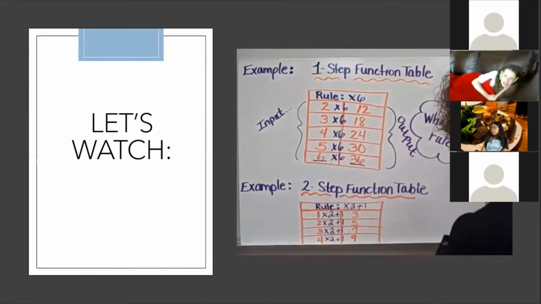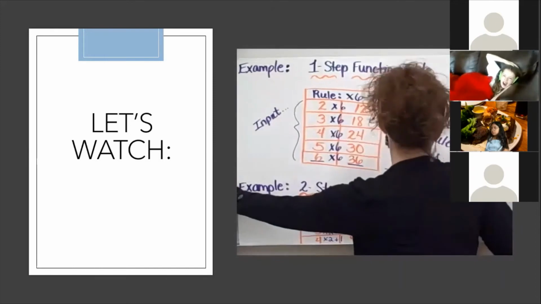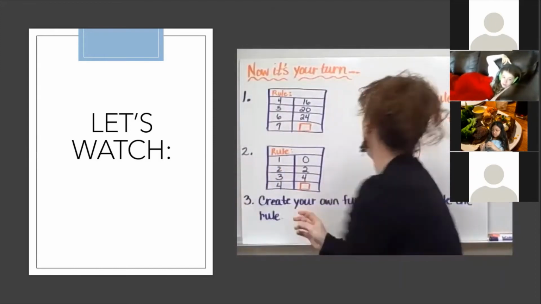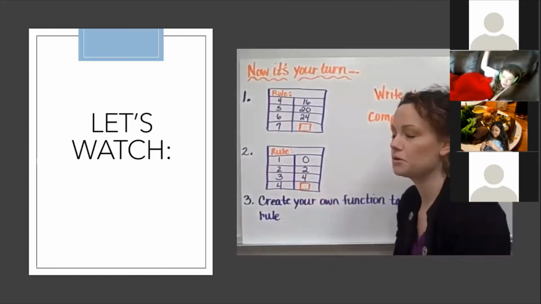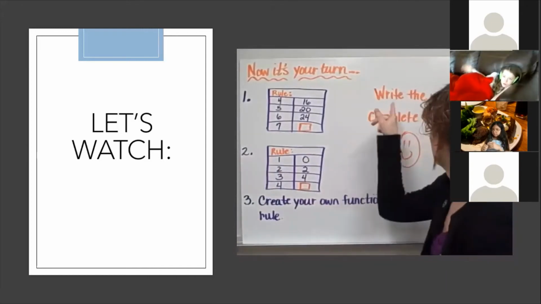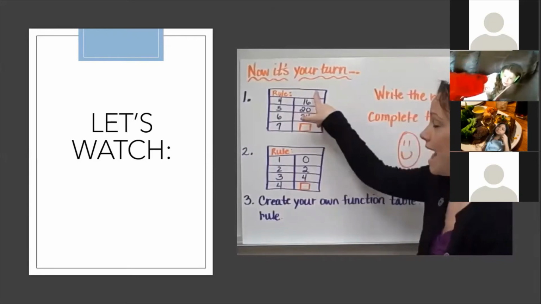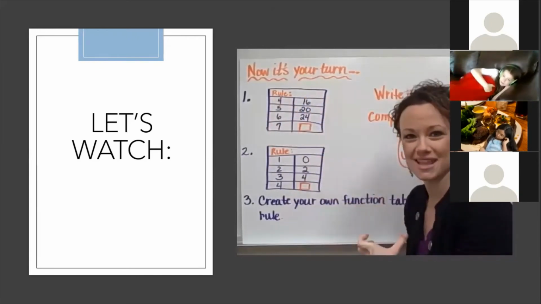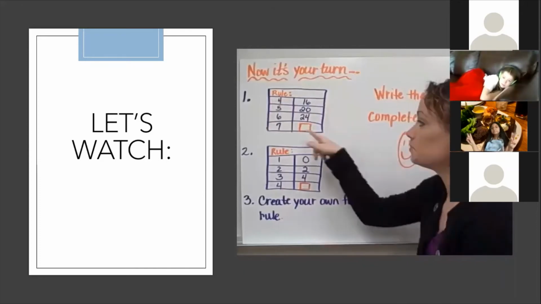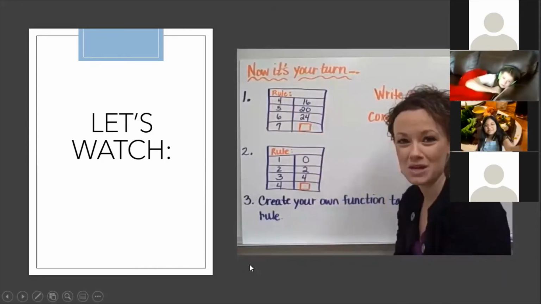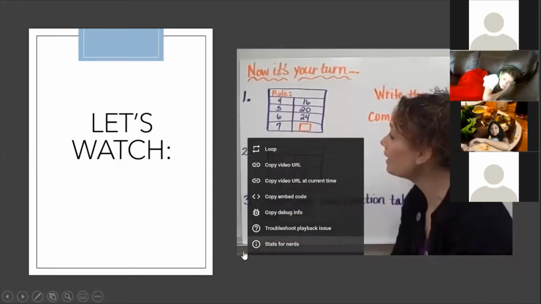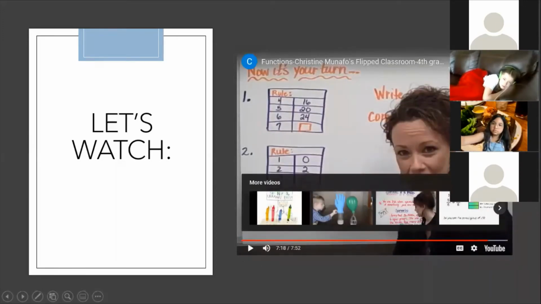All right, it's time for you to try some on your own. I have 2 tables here that I've written for you, and what I would like you to do is write the rule, so what is happening to the inputs to get our outputs, what's happening to the numbers when they're thrown into that machine, and I'd also like you to complete the blanks in the table as well. So please copy these examples into box number 3 of your homework sheet, write the rule, and complete the